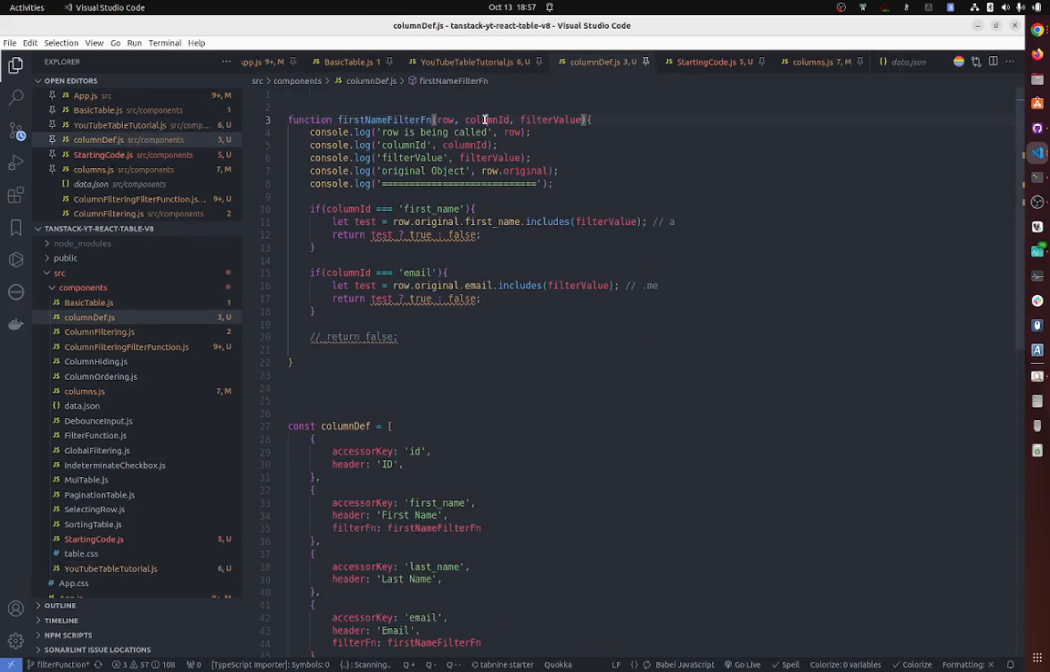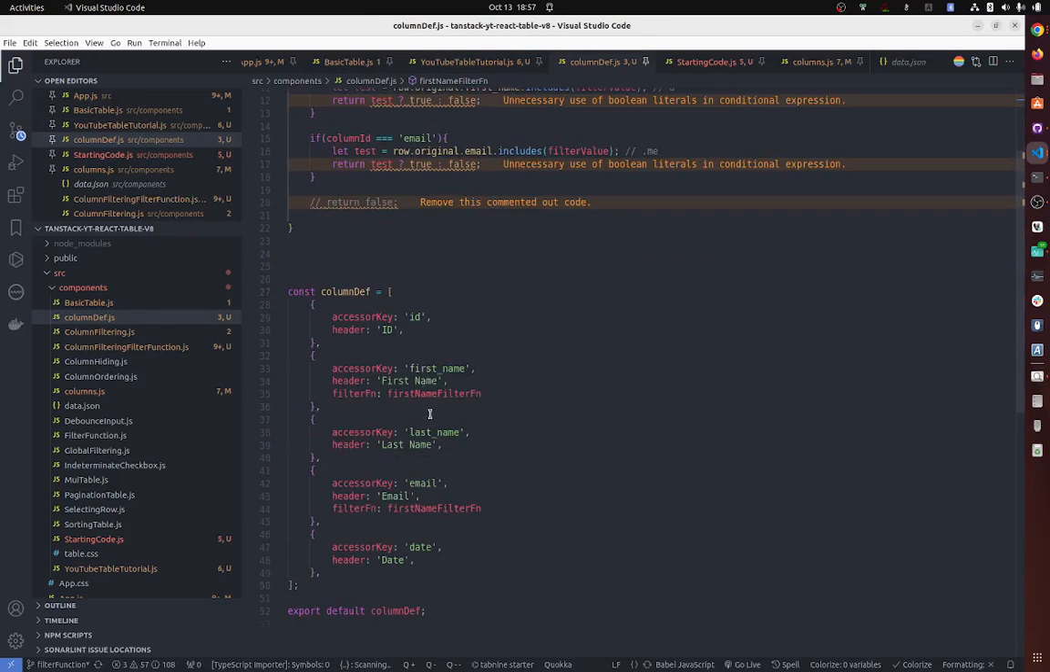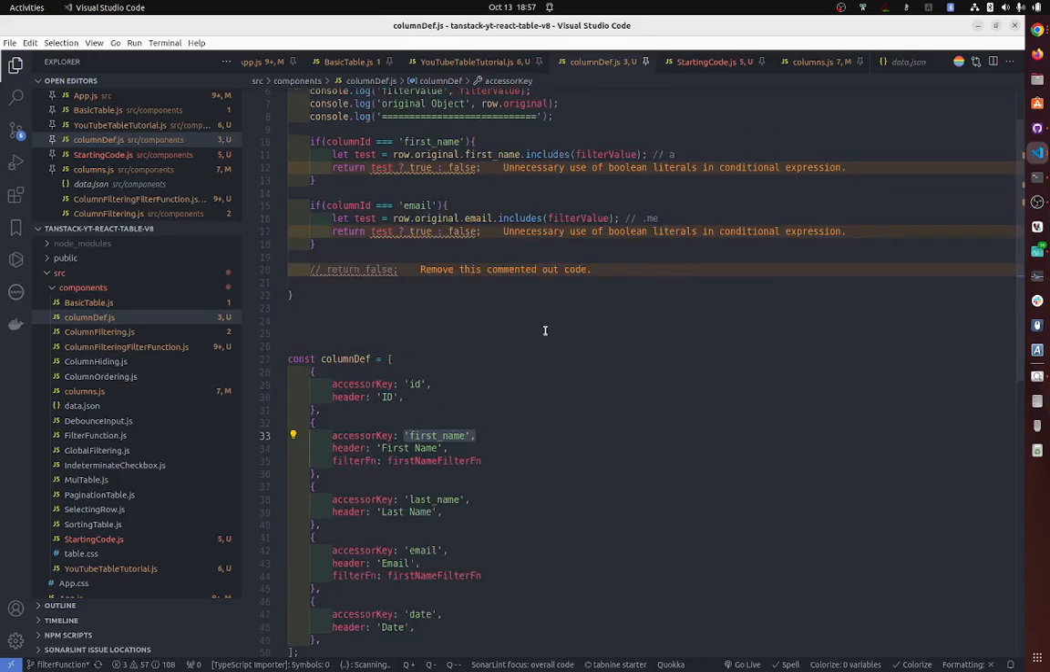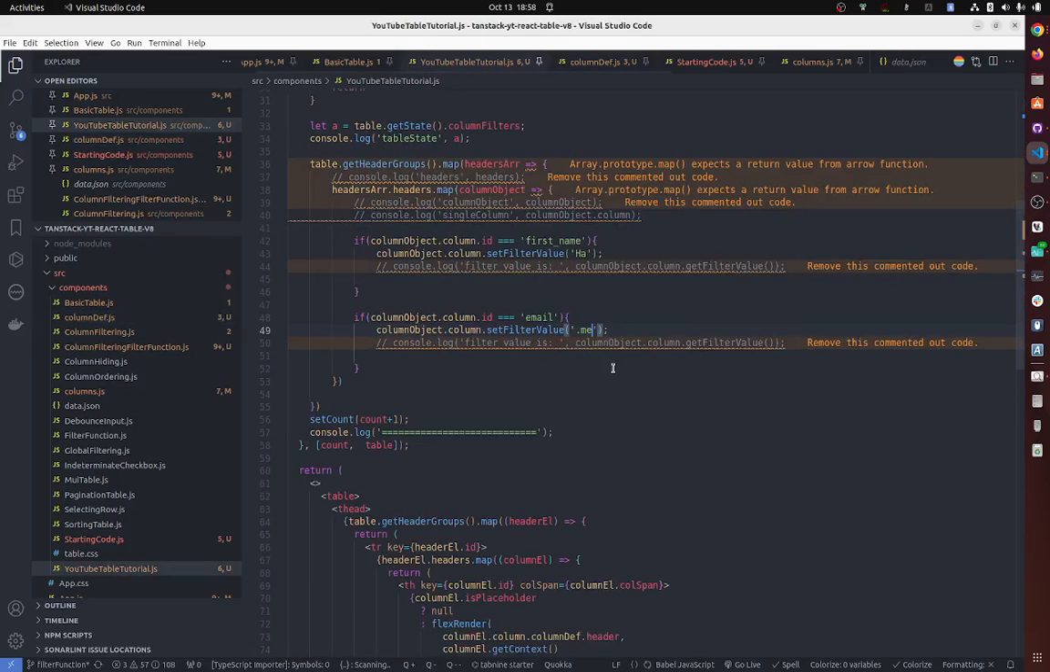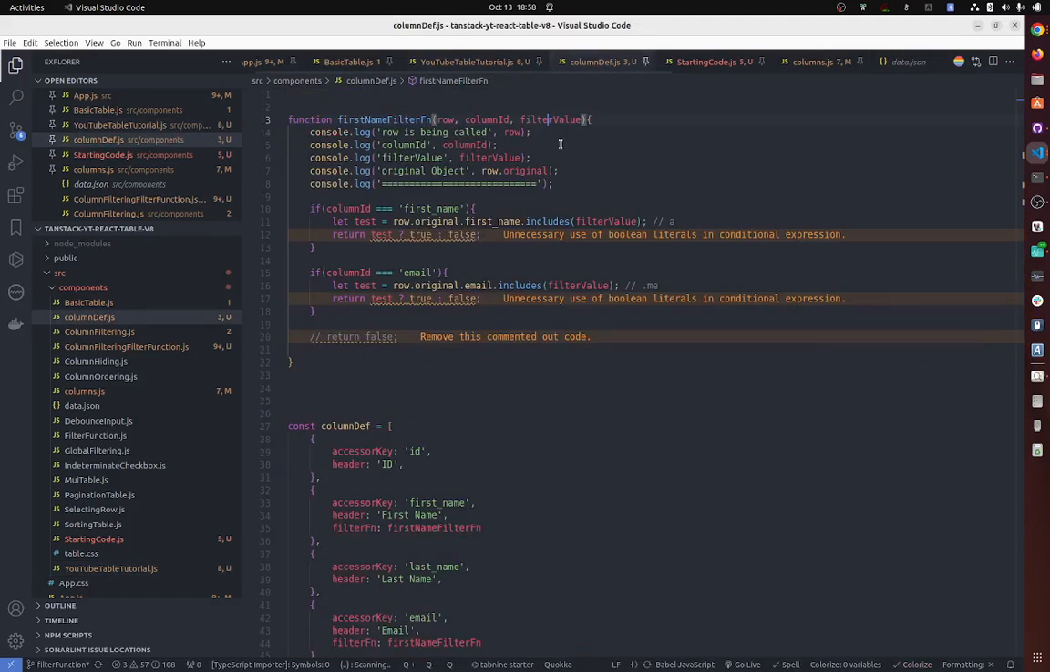So the second argument, column ID, tells you which accessor key or ID is calling this function. And finally, the filter value is what you've set through column.setFilterValue. Based on this three types of information, and finally the fourth key is how do